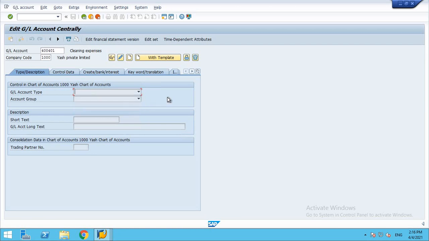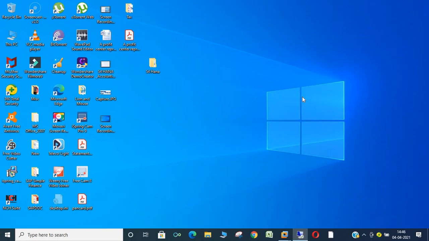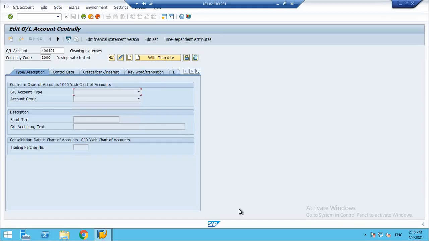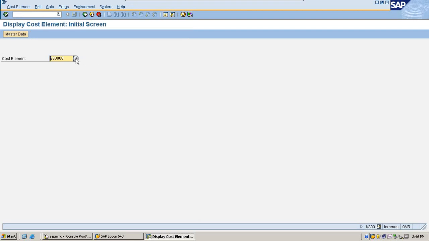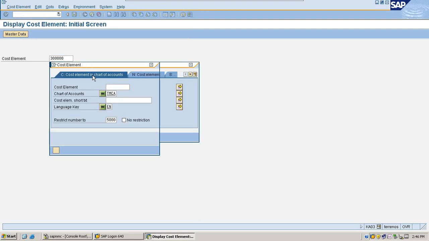Now let me go with one more difference. Let me go with the ECC. Let me take one GL account, the cost element.